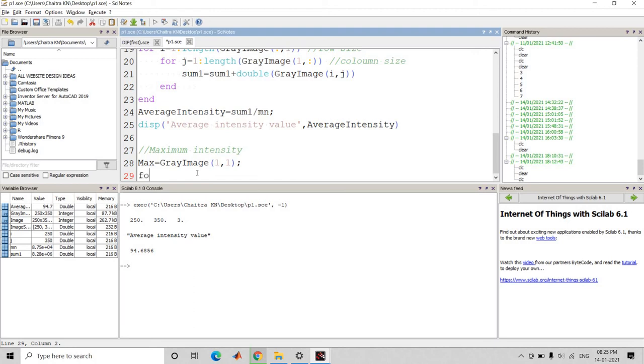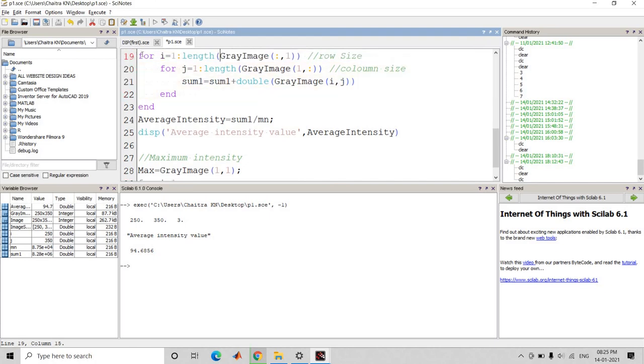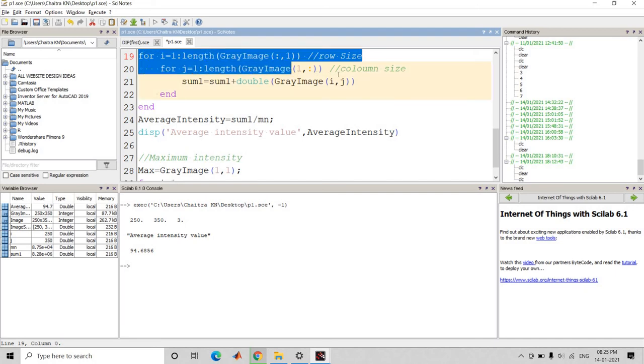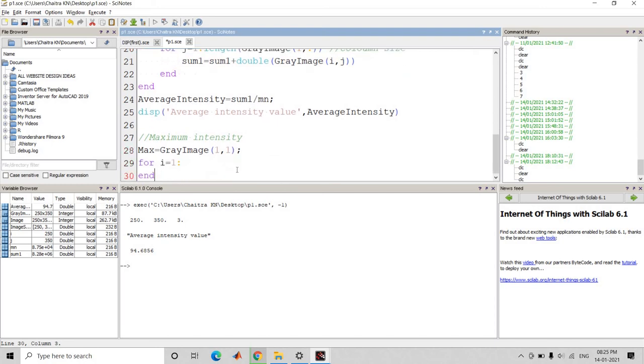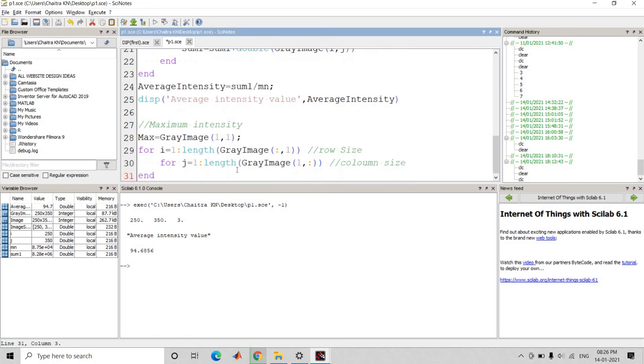So for that, for I is equal to 1 to, same again, you have to write two loops. One is the inner loop, one is the outer loop, means row and column size, to search the maximum element of all the rows and columns. So I will paste it here.